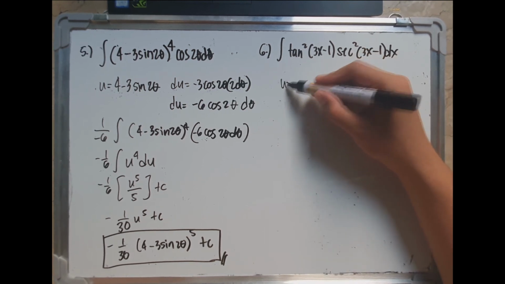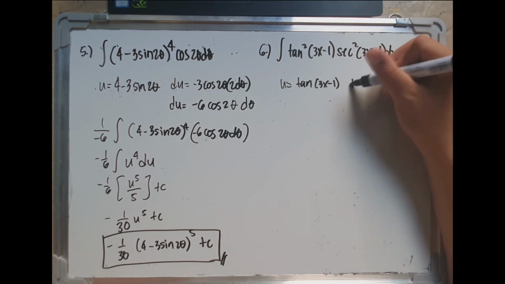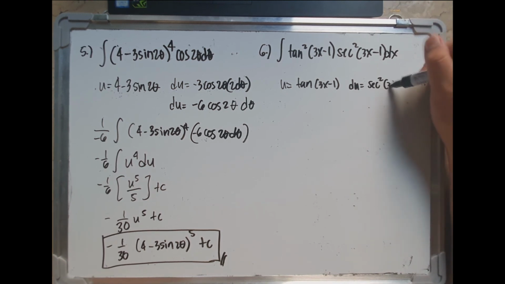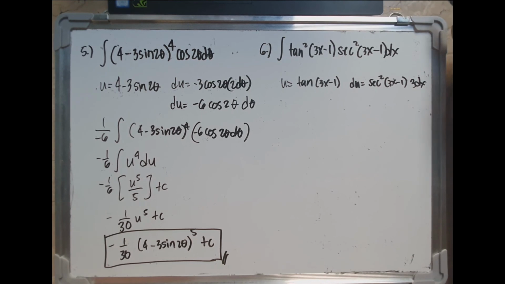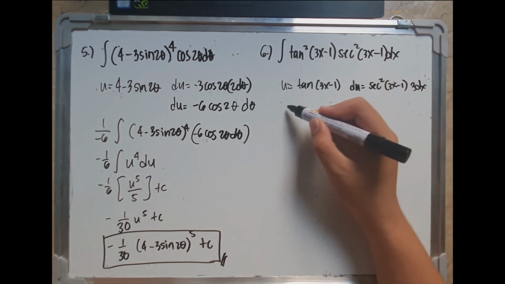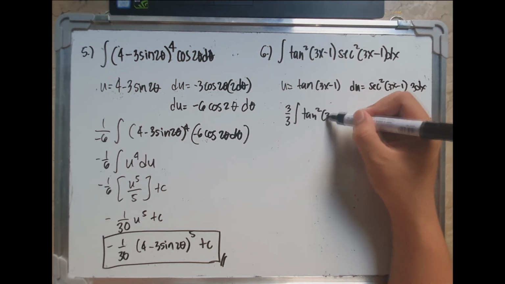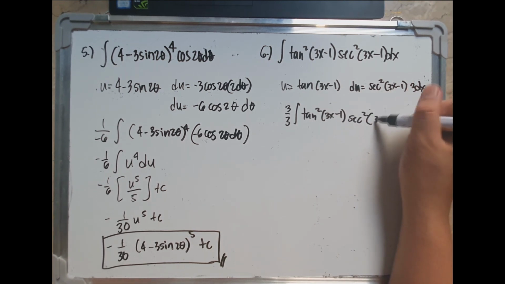So the u will be tangent 3x minus 1. The derivative of tangent, that is secant squared 3x minus 1. The derivative of 3x minus 1, that is 3dx. So looking back at our original function, we only need 3 right here. So multiplying with 3 over 3, integral of the tangent squared 3x minus 1, the secant squared 3x minus 1